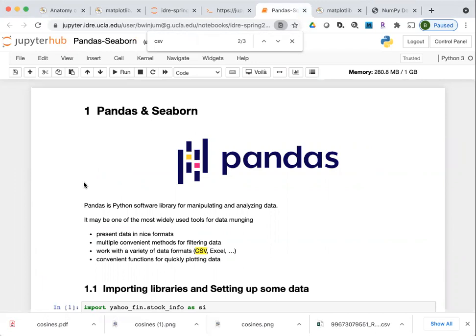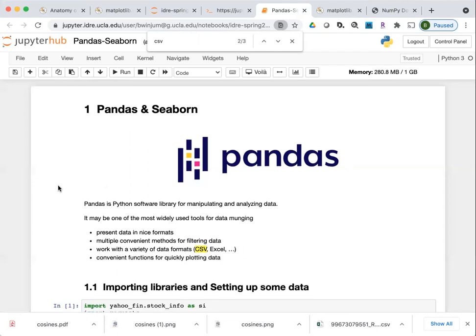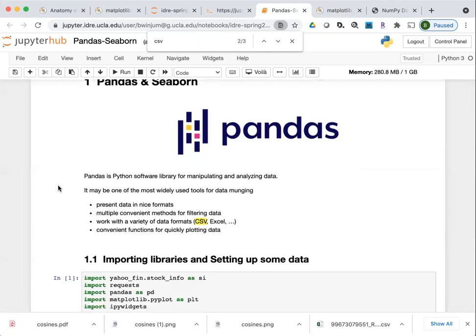It's a really good software library for manipulating and analyzing data. Pandas comes from panel data analysis, and I think it originally came from someone with a financial background, but it's probably one of the most widely used tools for data munching.